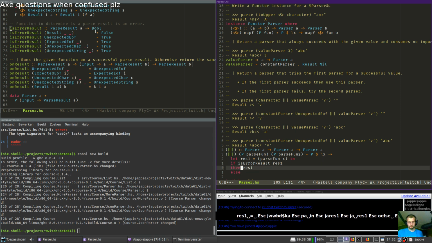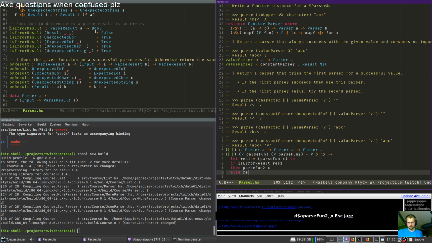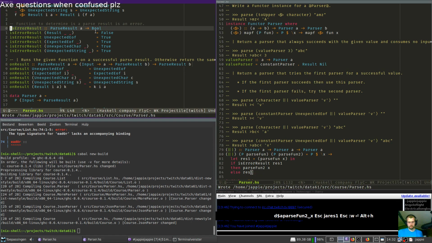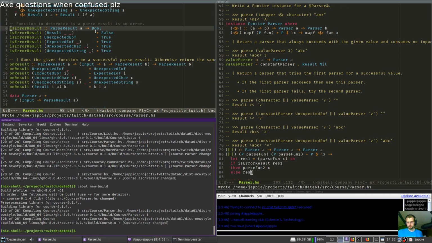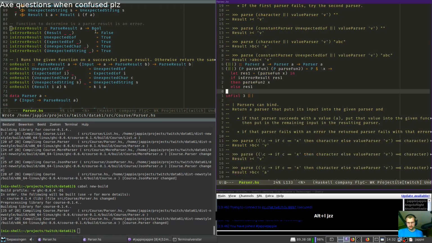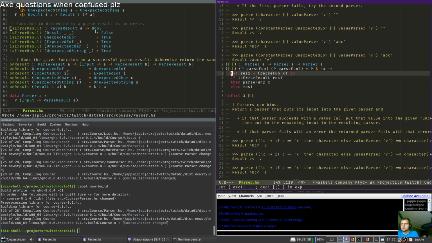Oh, if it's error, then we should do parse fun 2. Else res1. Nice. It built. Okay, that worked. Right, if you have any questions, please ask me in chat if I'm going too fast or something.